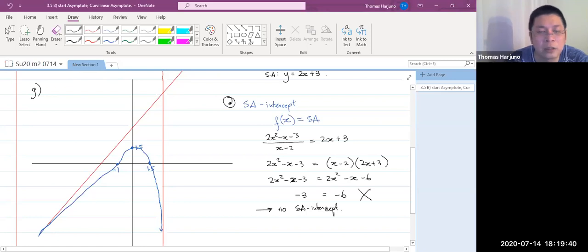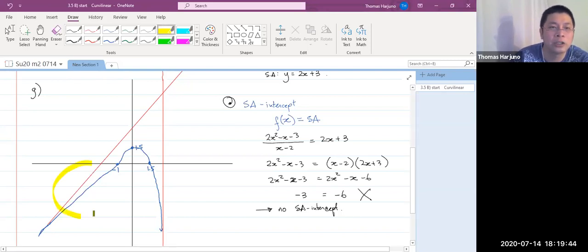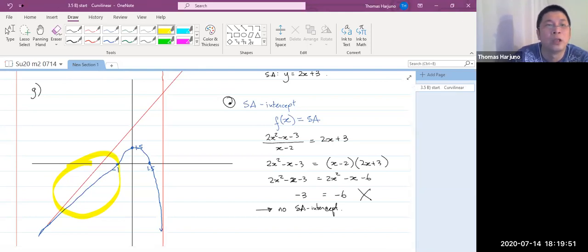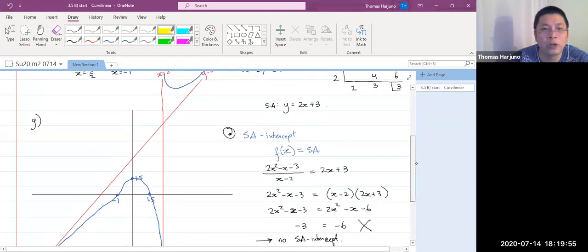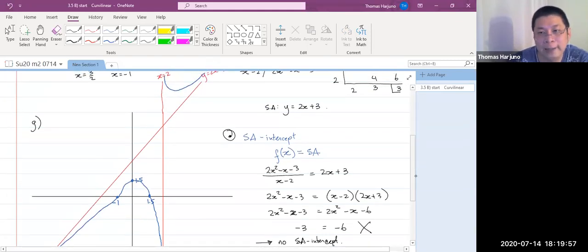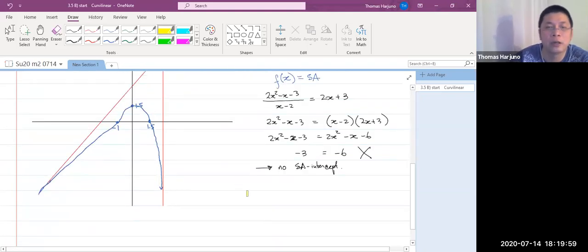It doesn't intersect with the slant asymptote. That's how I know that in the earlier region here, there's no intersection. Okay, there's no intersection. Now, if you want to go further into when it will be above or below the x-axis,